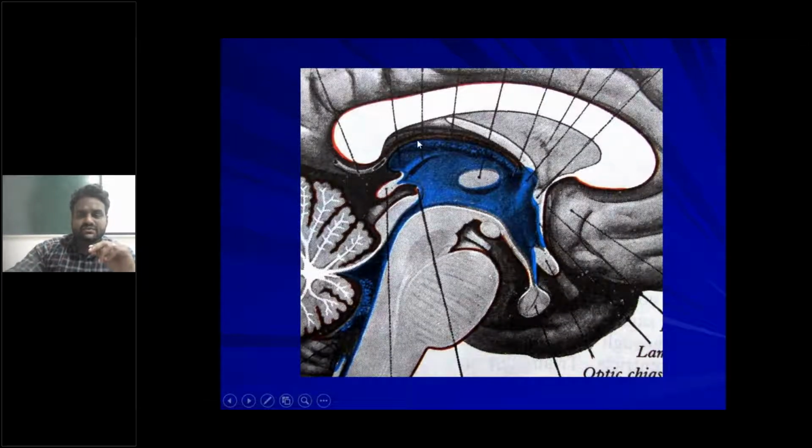Whatever you see in the blue color area is the thalamus. Here in the center, we can see a cross section of fibers. These fibers connect the two thalami, which is why this is called the interthalamic adhesion. Whatever you see as the cut section is the interthalamic adhesion. Below the yellow dotted line is the hypothalamic sulcus, which separates the thalamus from the hypothalamus. This is the thalamus, and the lower part is the hypothalamus.